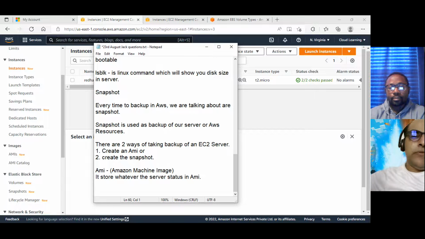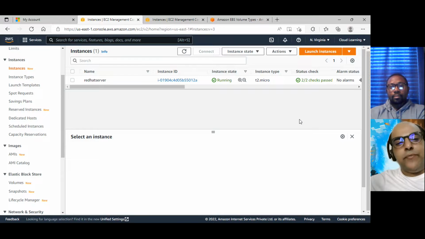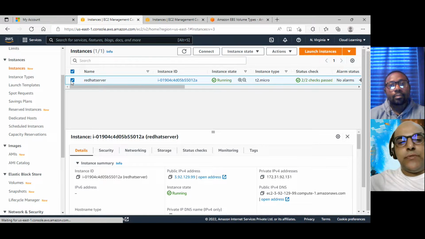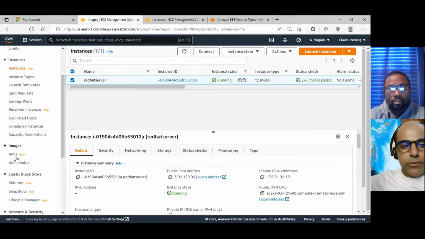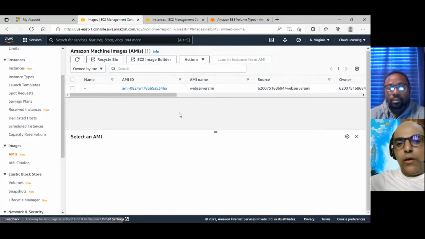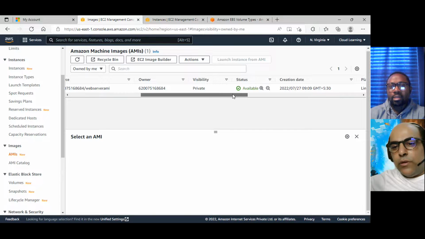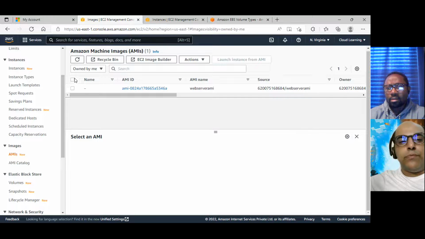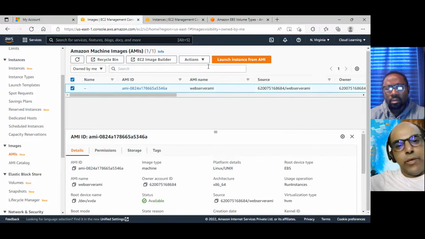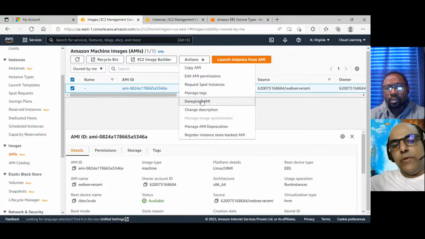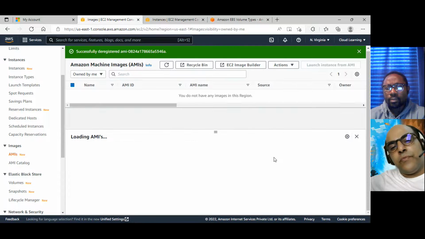So AMI is one way, and basically it does nothing; it only takes a snapshot behind the scenes. Let me verify whether I already created that. Yes, I created that AMI earlier, and you will find it in your system.